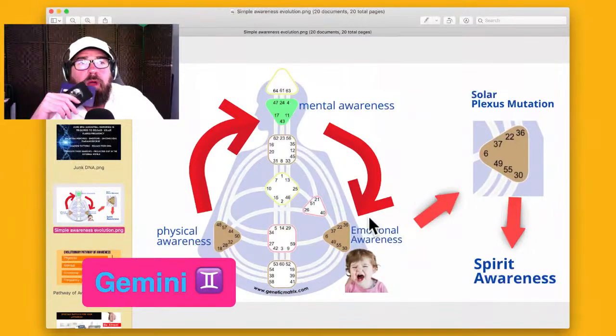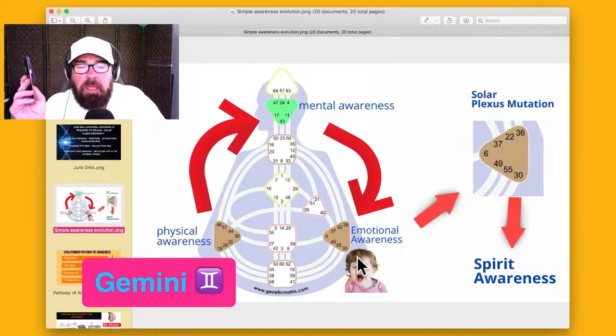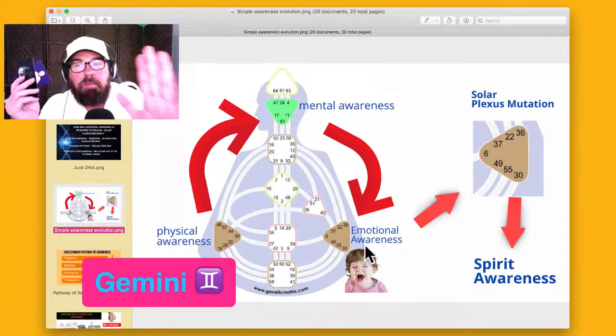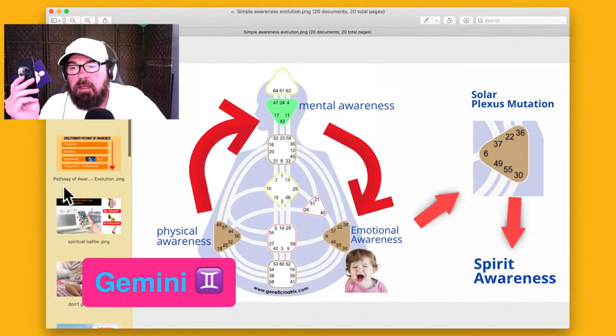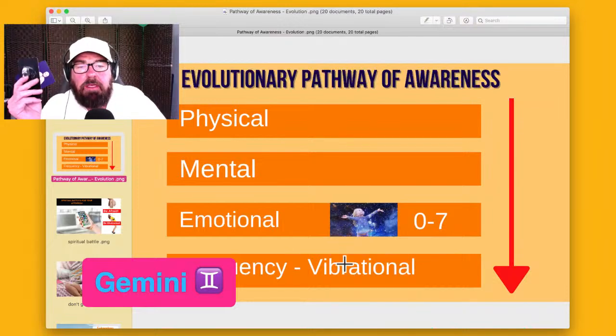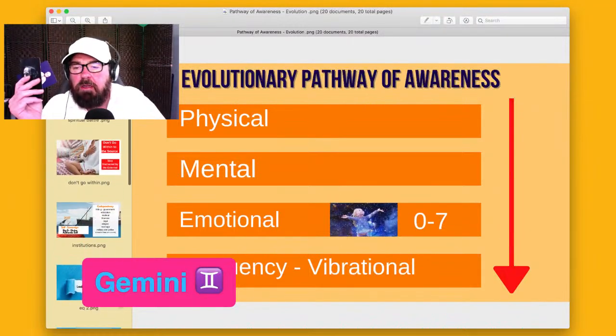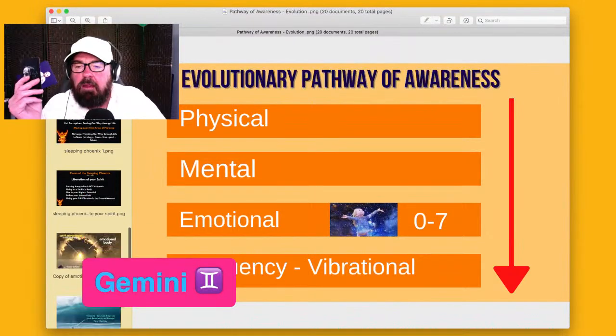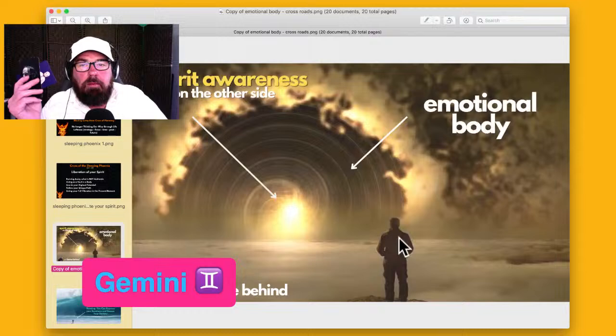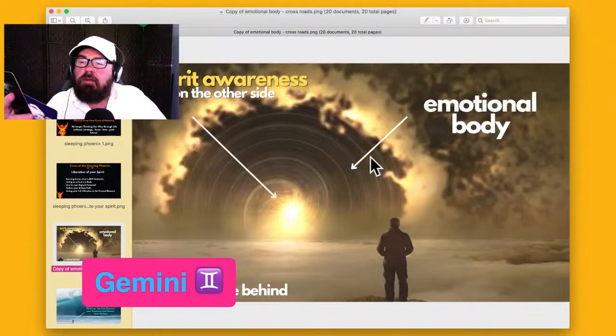It's like, why am I so defensive? Why don't I trust people? Well, it's going to go back to this, right? You couldn't trust your caregivers, right? Something happened, some kind of trauma happened, right? And this is the block in your emotional body, right? As you return back into vibrational frequency or the pathway of awareness, physical, mental, emotional, we have to address this emotional to get to the vibrational, right? And that means walking through this emotional body to get the spirit awareness on the other side, right? So it all goes back to childhood.